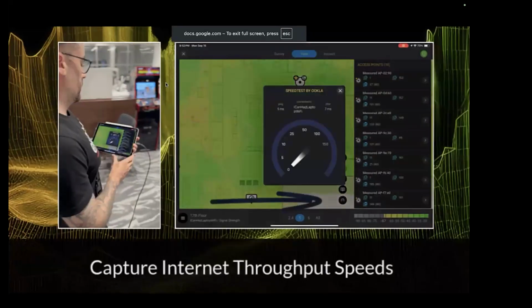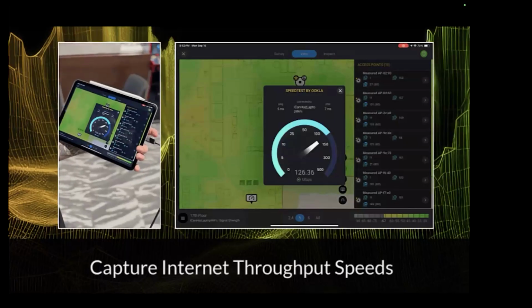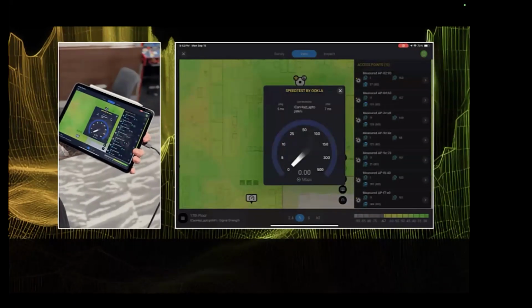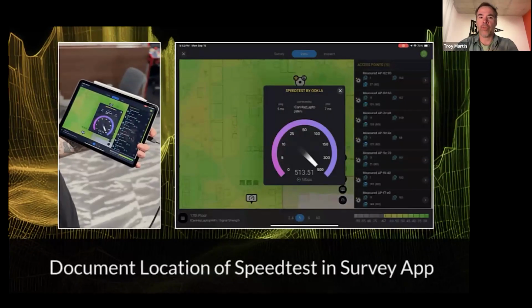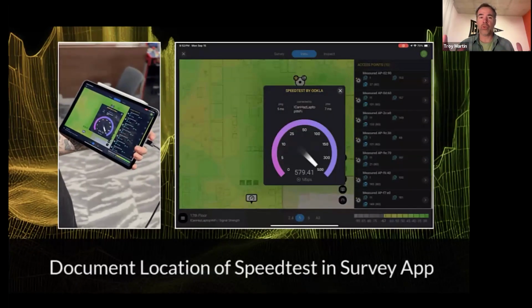One of the questions: does the speed test use the iPad NIC or the SK2? That's a great question. For those of you who weren't aware, the Sidekick 2